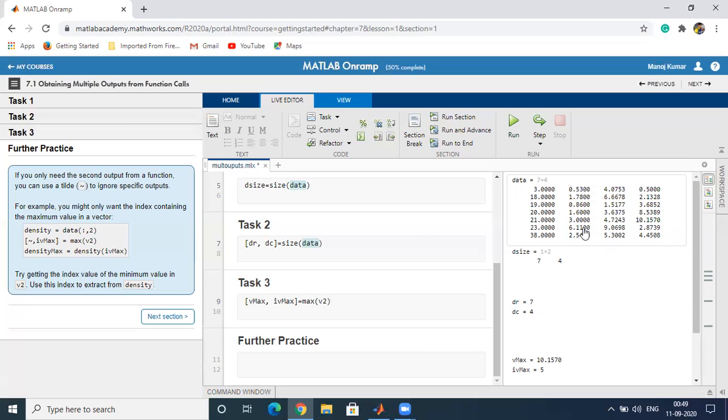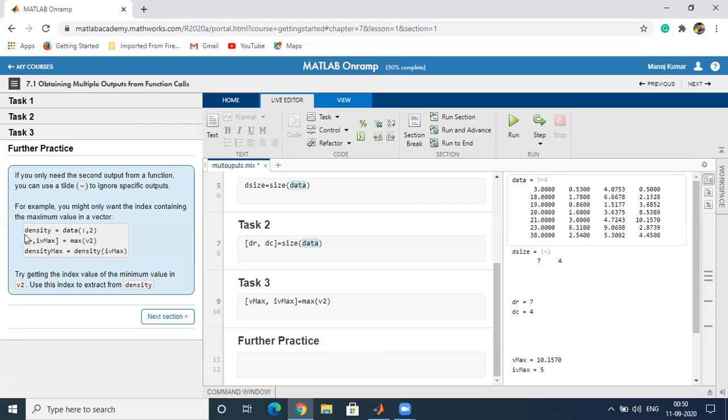We want to calculate its index only, which is at the sixth place. Then to get the index only, we can use the tilde operator on the first output inside the square brackets.